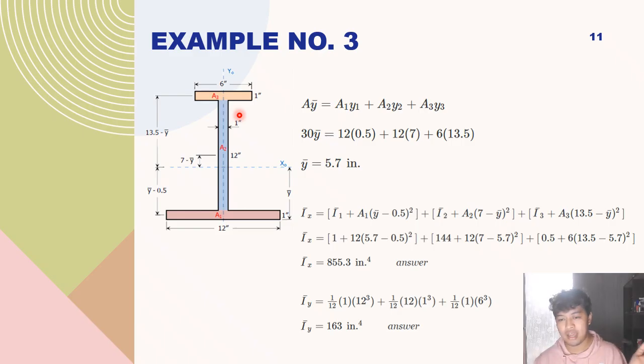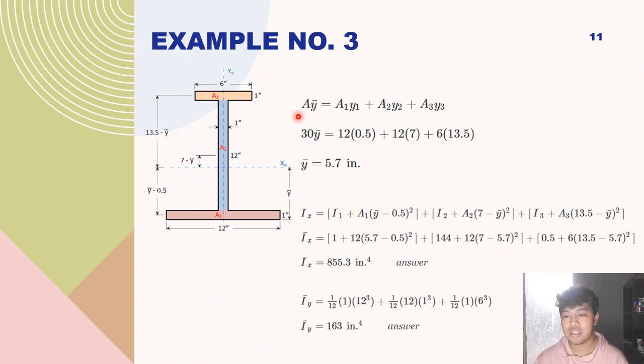the same shape on the right and on the left. So that means basically the location of your vertical axis, or the y-axis, is at the middle of the web, or the middle of the whole thing. So our only problem is going to be the location of the x-axis. So with that, to compute for the location of the x-axis, again, we reference from the bottom. So this is y-bar.